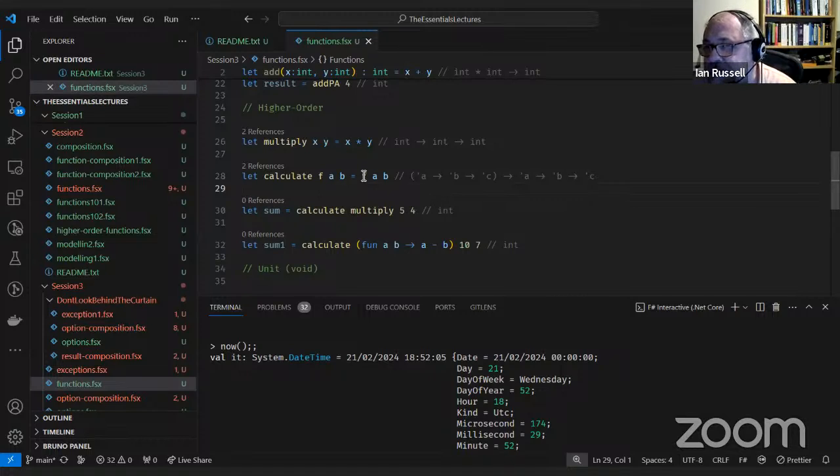It's able to infer because I don't have any operators or anything in there. So the only thing f can be is a function that takes two input parameters. Cool, thank you.